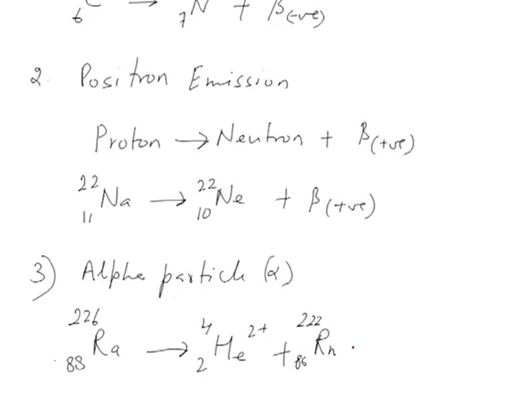Now this is like a series actually, which will be carried on until a stable nucleus is formed at the end. It is formed when lead, 206Pb, is formed. So alpha particle emission is another one. There could be other ones also, like electron capture and others. We'll go on discussing them as we go along.